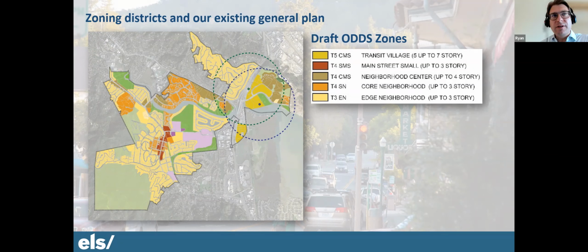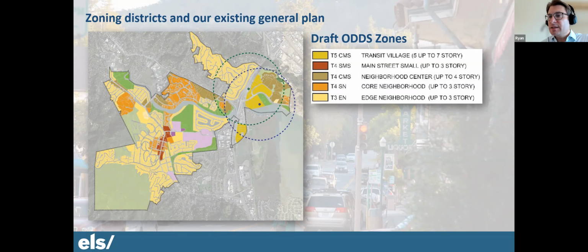The T4 is that dark red Main Street small. That is the core historic downtown that you currently have, and that correlates with the general plan borders that were drawn.